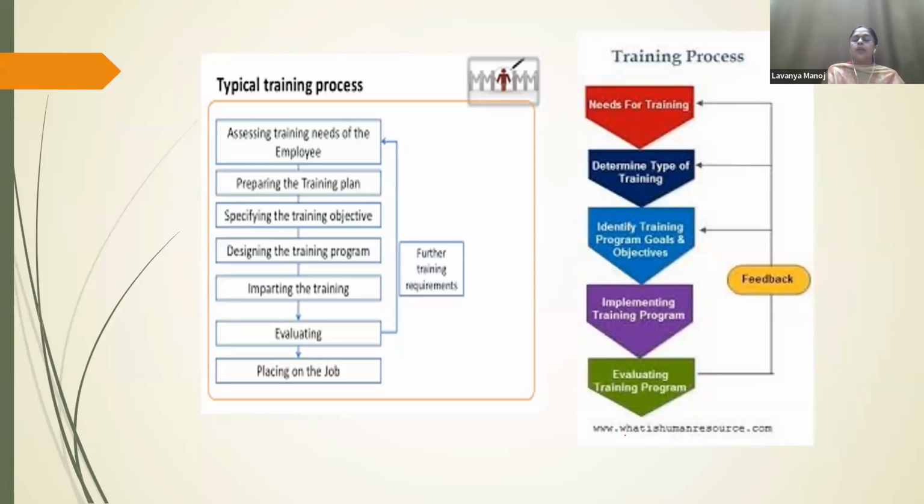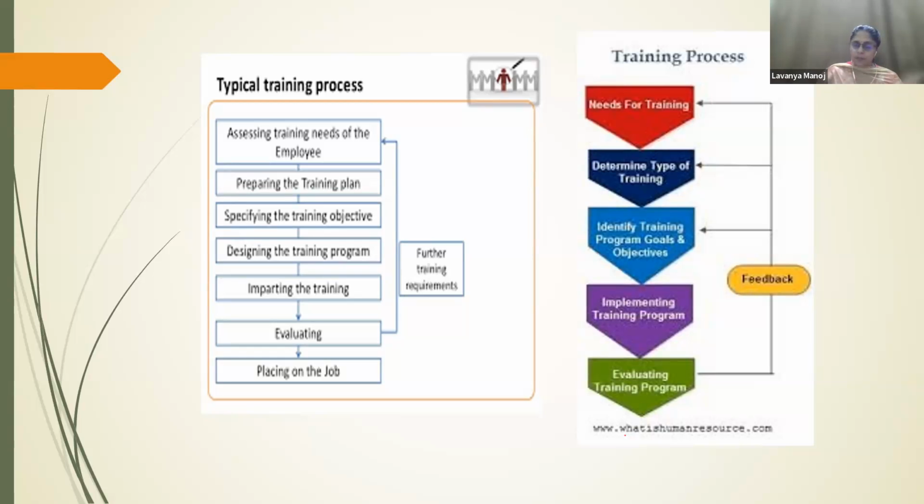So, identify training program goals and objectives. Identifying, in the sense, what should be the duration of the training program? Per day, how many hours does the training have to be provided? Who is responsible for providing the training? How many employees from each department have to undergo the training, and what is the skill set which has to be trained, and what should be the resources given to the employees to learn the new skill sets? And after learning, when should the employee apply those skill sets in their workflow?